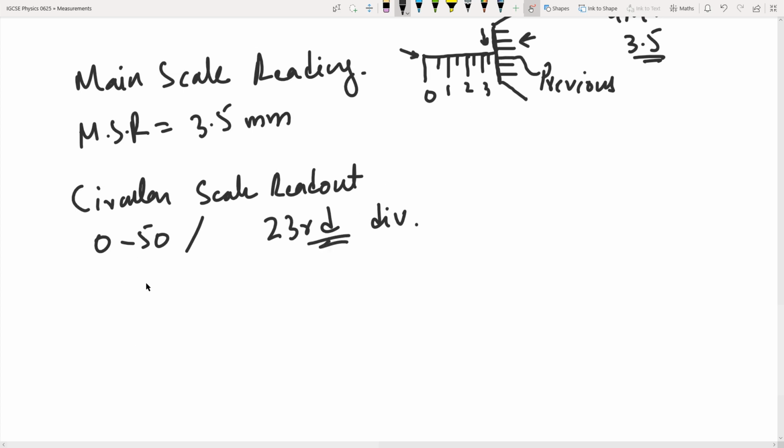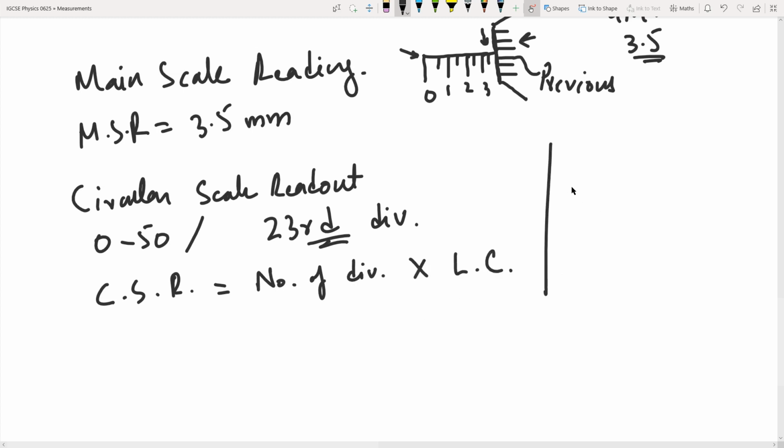So how am I going to take the CSR, the circular scale reading, right? That is going to be the number of divisions multiplied by the least count. Now I haven't found out what the least count for my screw gauge is going to be. So least count is actually the smallest